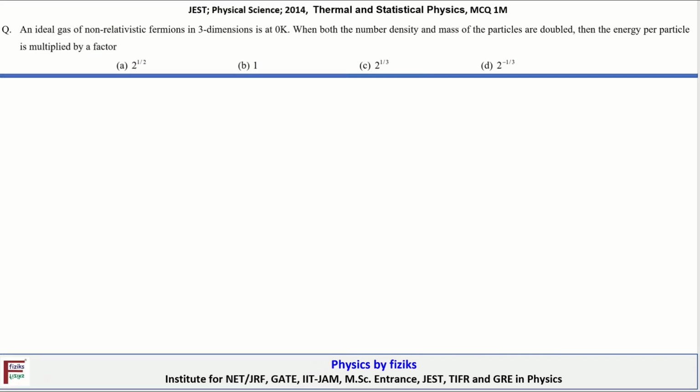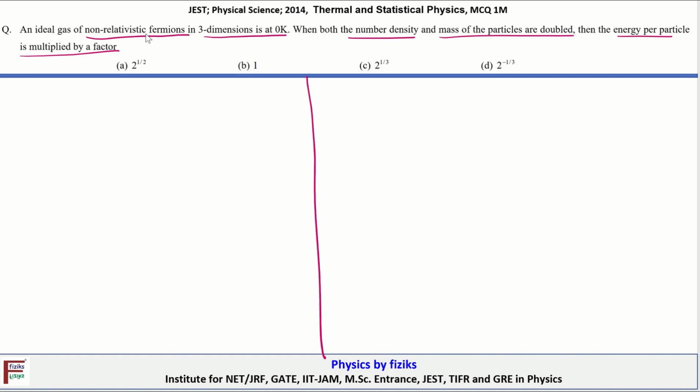So let's continue with the next problem. The statement is, an ideal gas of non-relativistic fermions in 3 dimensions is at absolute zero. When both number density and mass of the particle are doubled, then the energy per particle is multiplied by a factor of what? So we are given a Fermi gas at absolute zero,